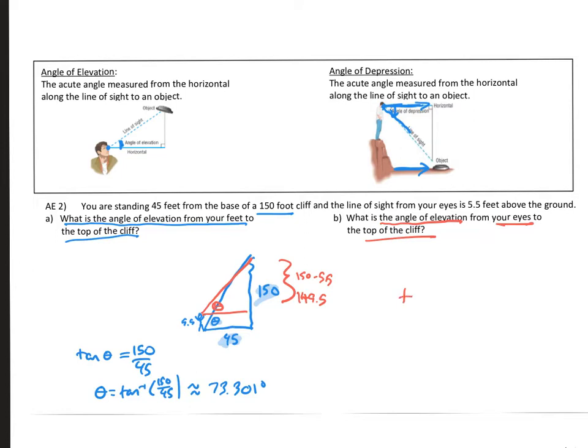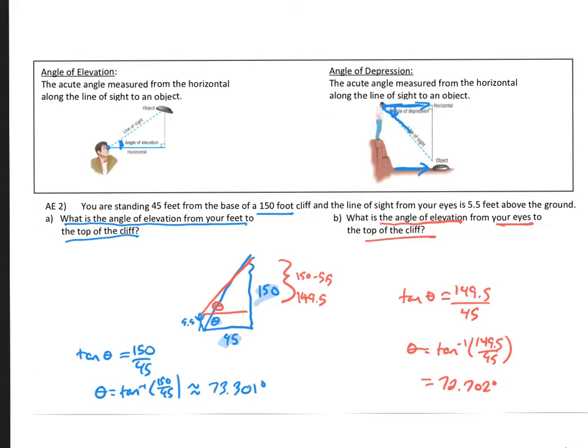And now, once again, we could say the tangent of theta is 149.5 over 45 because we haven't moved any closer to the cliff. So theta is now the inverse tangent of 149.5 over 45,